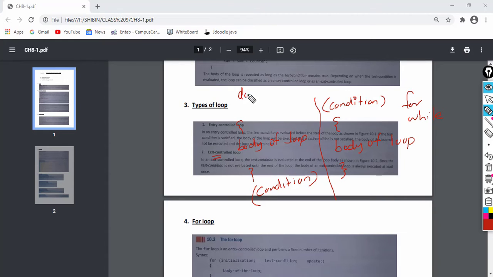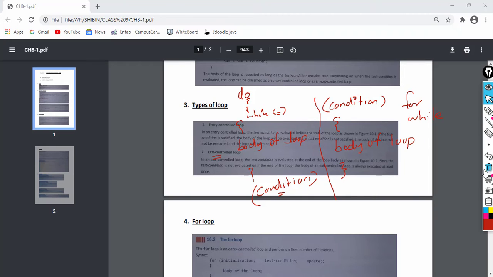The example is do while. Do, then while, then the condition will be here. So that is known as the exit controlled loop. For loop and while loops are examples of entry controlled loops, because the condition will be checked before the body. Exit controlled means the condition will be checked after the body. Do while is an example.